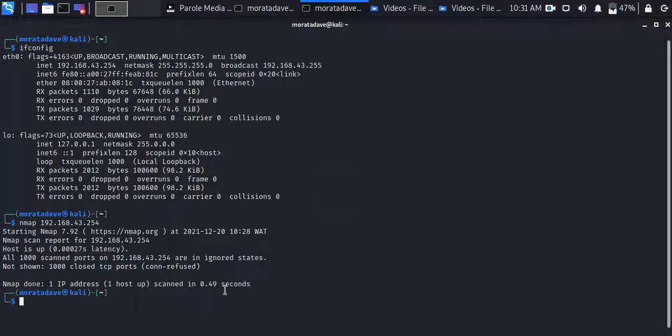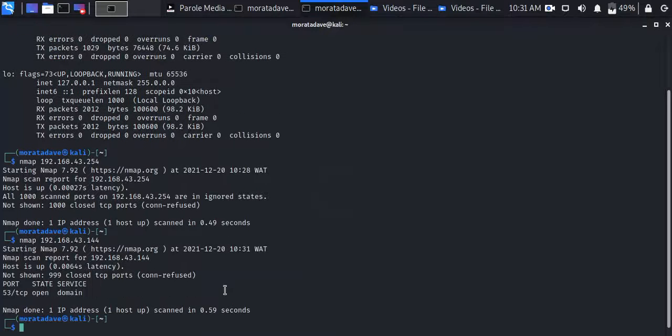So now I'm scanning my default gateway, just a basic scan, nmap 192.168.43.144. So this is the address of my own default gateway. Everyone's might be different, just check the one that is yours. So I will enter. It is done so quickly. Now, Nmap scans are meant to take a longer time, but we're just scanning